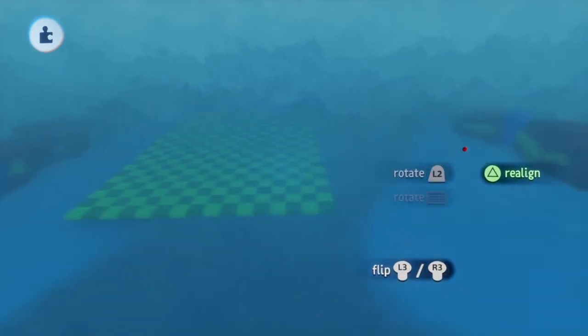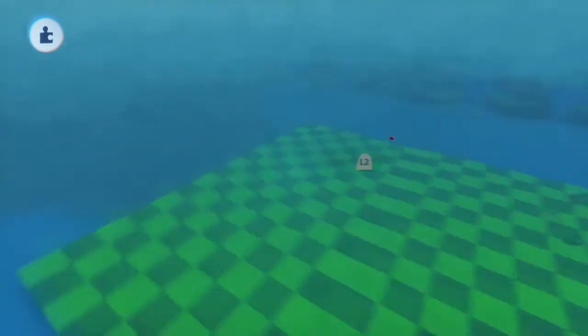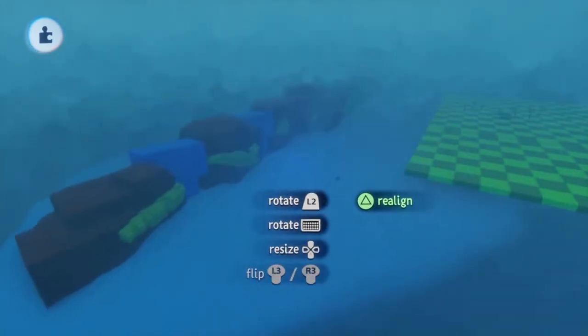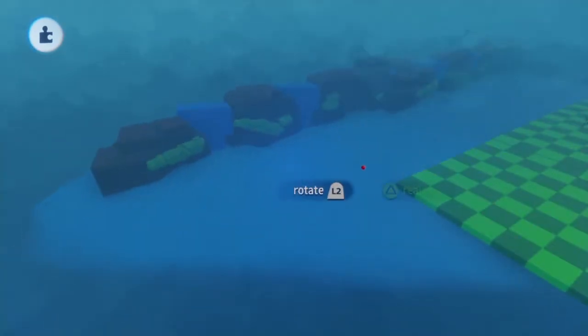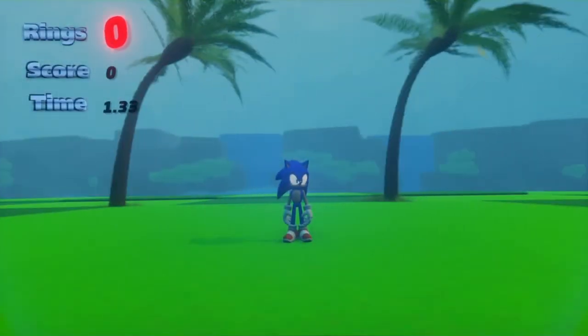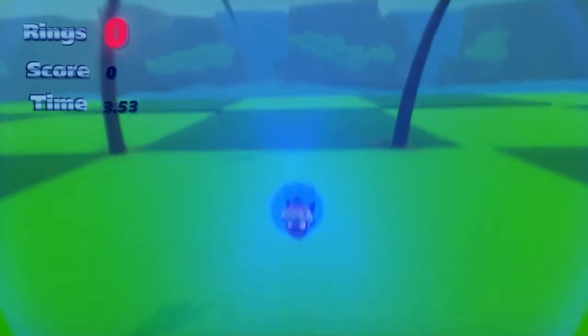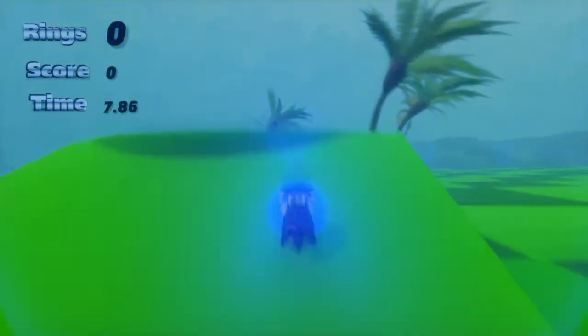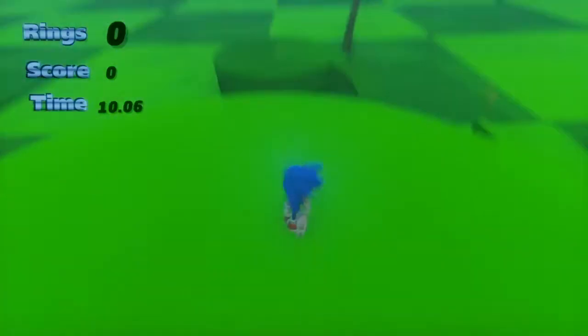There we go. Boom. I want to make it so that it looks just like it does in the old school games. And now, there we go. That looks like an amazing rendition of Green Hill Zone. I mean, it would look better with classic Sonic, but